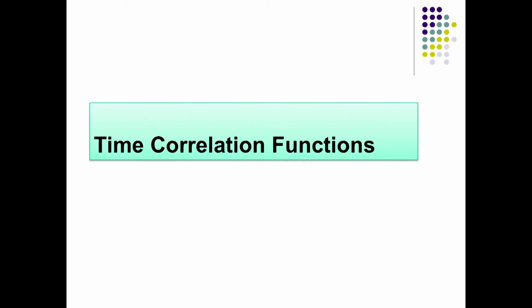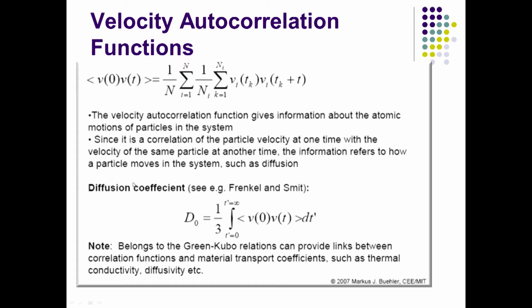So, if you look at here, these time correlation functions are highly important, because we are now looking at the velocity autocorrelation function. And the velocity autocorrelation function, as we said, is defined with V0 and Vt at any time t, and we are looking at the correlation over the time steps, and now we are going to average over the time step. So, in the velocity autocorrelation function, we are looking at averaging, as you see on your slide, V0 and Vt, 1 over n.